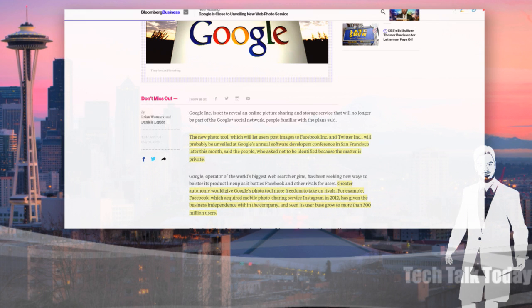So Google's going to allow you to upload to one place and then post to the other social media places, according to this report at Bloomberg. They're going to give developers more information at Google I/O later this month, or is that next month? But they think, this is Bloomberg, that busting photos out would give Google more freedom to take on rivals directly,